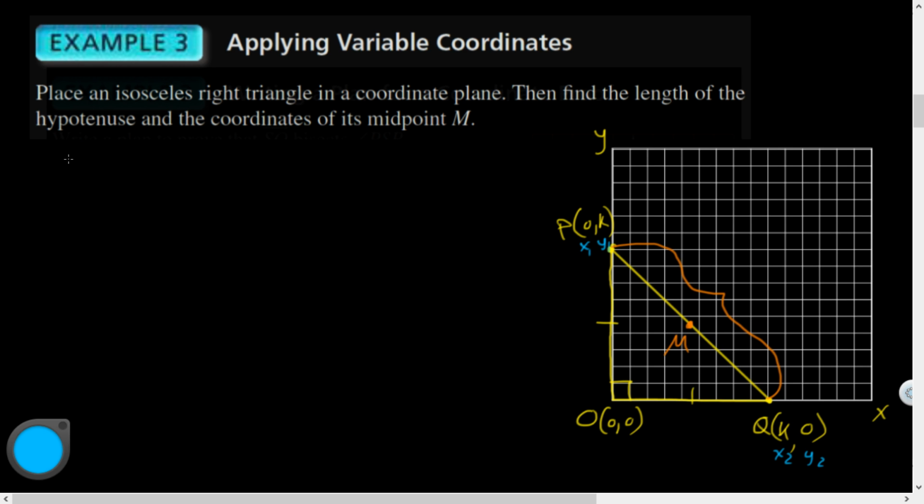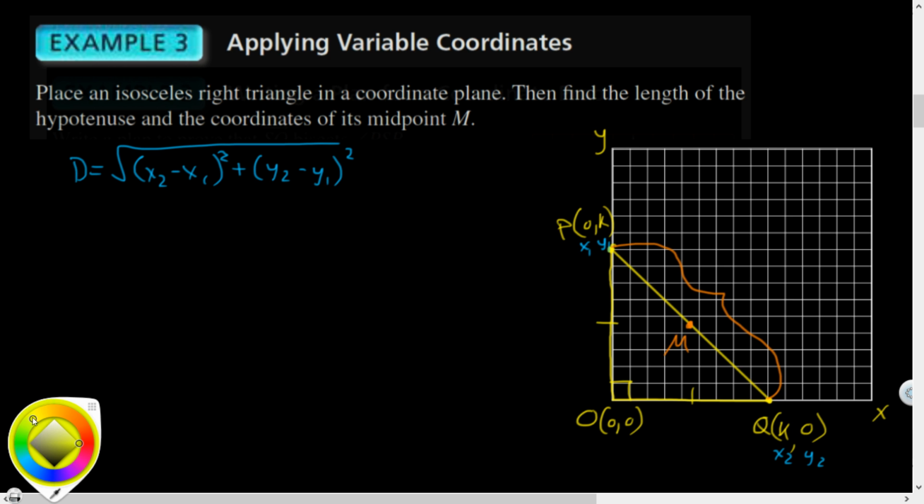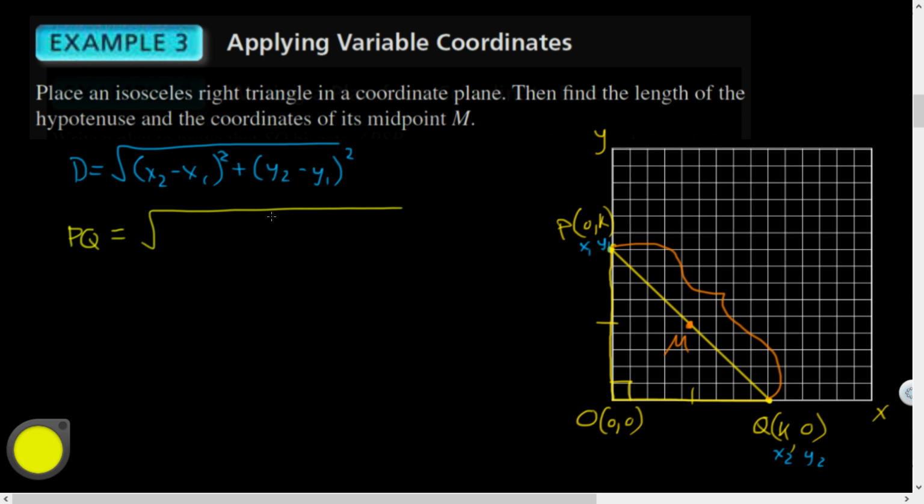And to find the distance between 2 points, are you familiar with the distance formula? So the distance, which I'll call PQ, is going to equal the square root of, let's see,